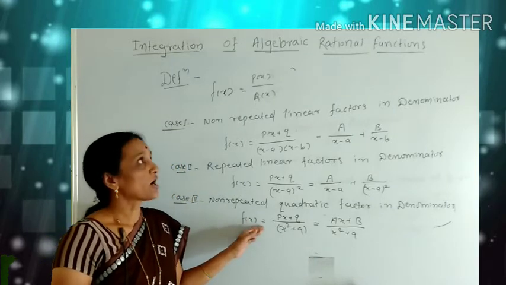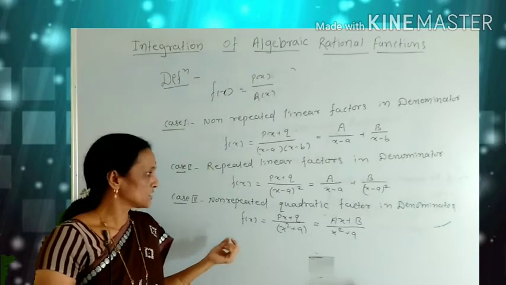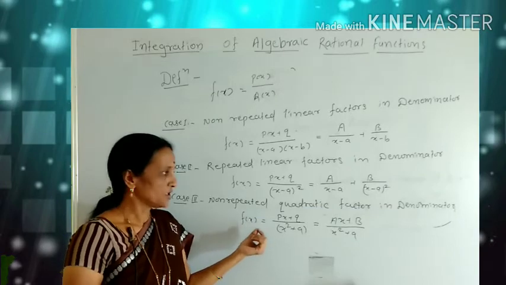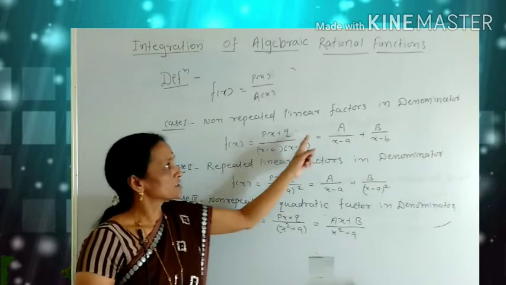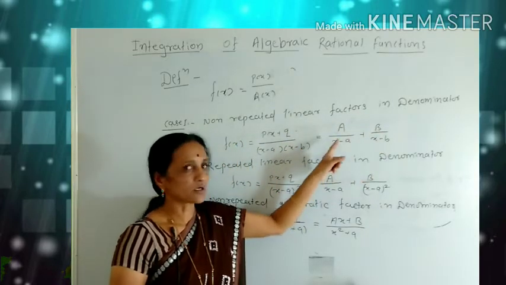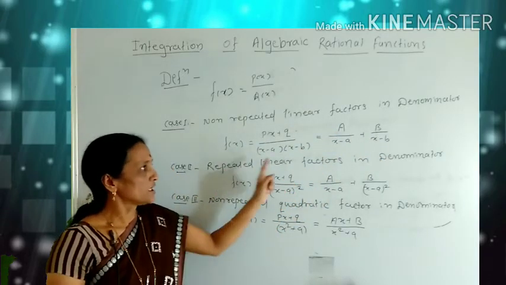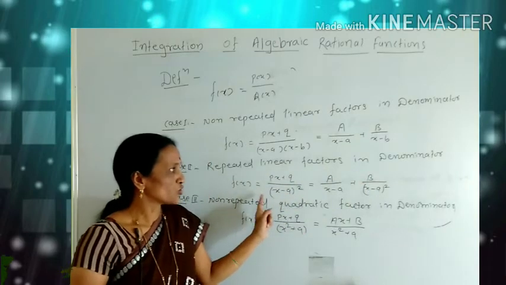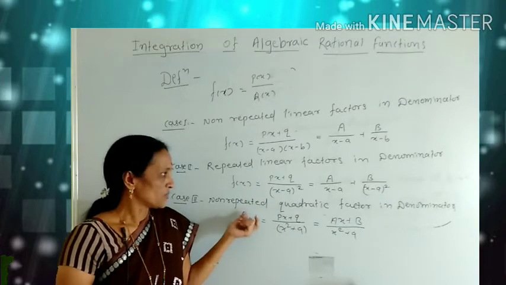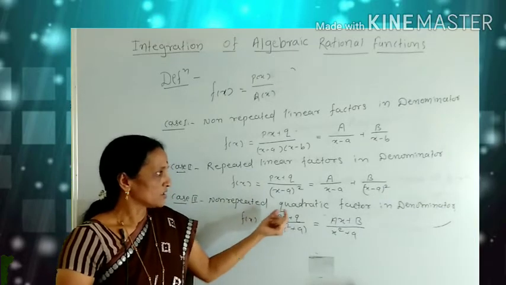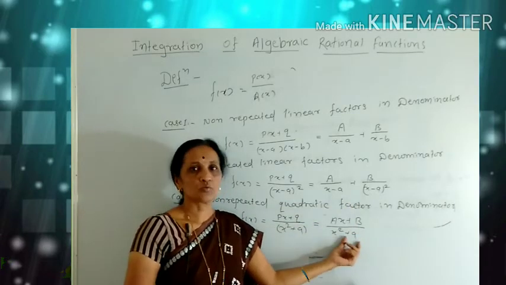Means, if we have to integrate a rational function, and the function is of the type with non-repeated linear factors in the denominator, we consider the decomposition of the linear factors in this way. In the case of repeated linear factors in the denominator, we consider this type of decomposition. And if quadratic factors are present in the denominator, we consider such a type of